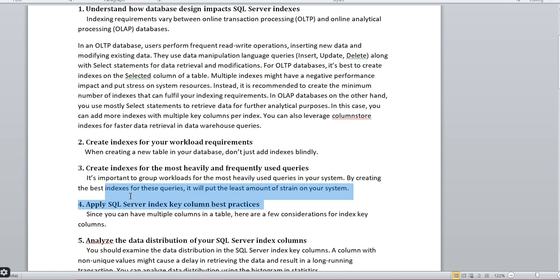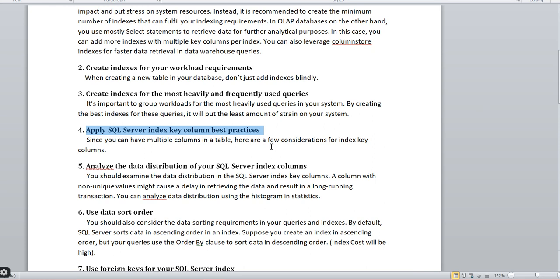The fourth one is apply the SQL Server Index key column best practices. You need to go and check the details of what it's saying about the index key column. And the fifth one is analyze the data distribution of your SQL Server Index column. This is also something related to the load on a particular column.